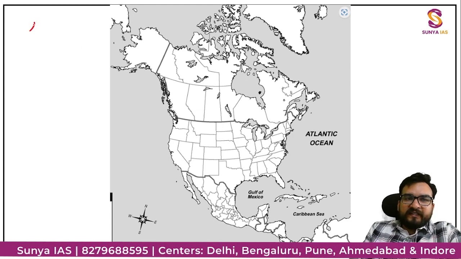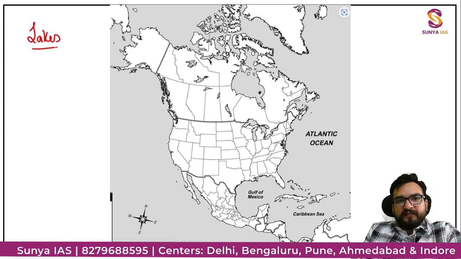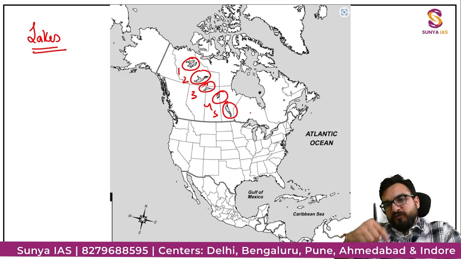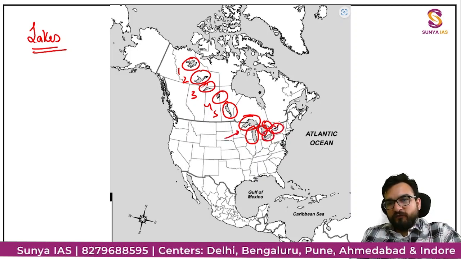Now let us see the lakes, guys. Time to see the lakes. Can you see these particular places over here? 1, 2, 3, 4, 5. 5 lakes we have to see in Canada. Then can you see the bordering lakes, the Great Lakes, which we see 1, 2, 3, 4, 5 over here. So these 5 lakes which we have to see over here, right?